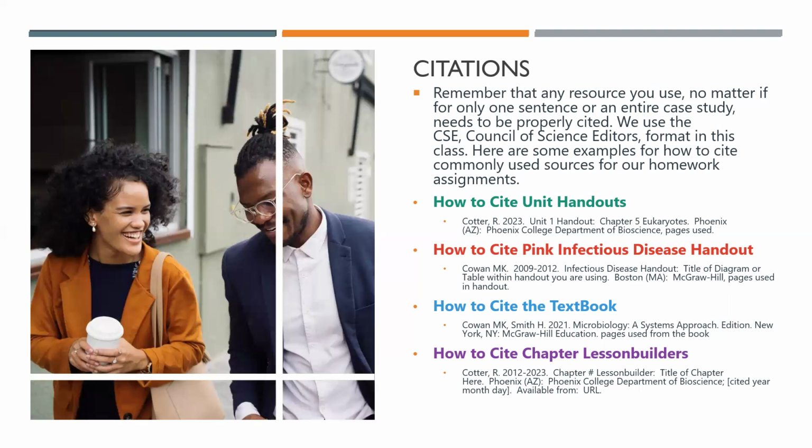If you decide to use an external citation, that's perfectly acceptable. Most people use websites. So for the website, you'd again start with the author or publisher, so either Cowan or Dr. Cotter. You start with the name of the textbook or the website or the article. You'll mention specific paragraphs or sections of the article if that's applicable. You'll mention who published it, and then we want to see a website link so we can go cross-check the reference. As long as you have those five pieces of information in there,